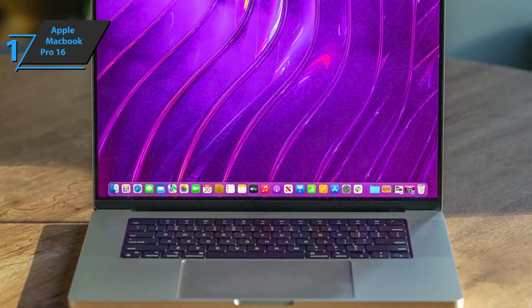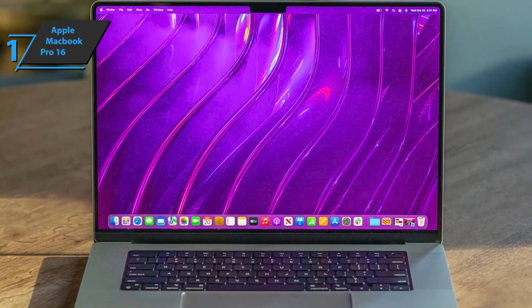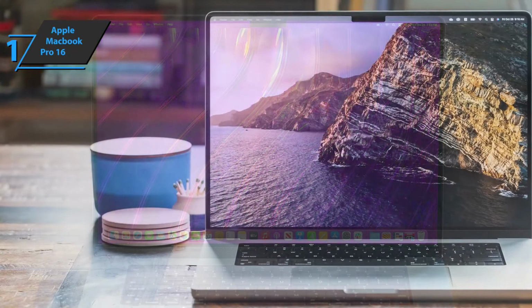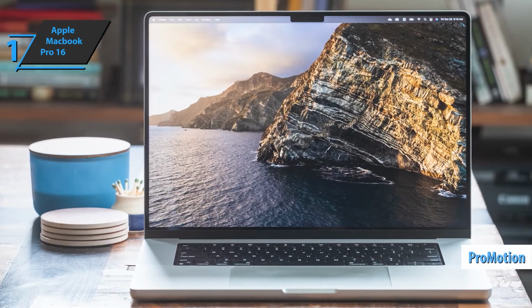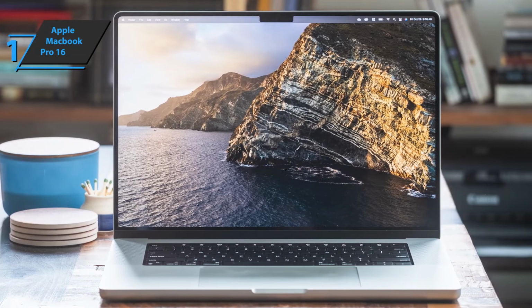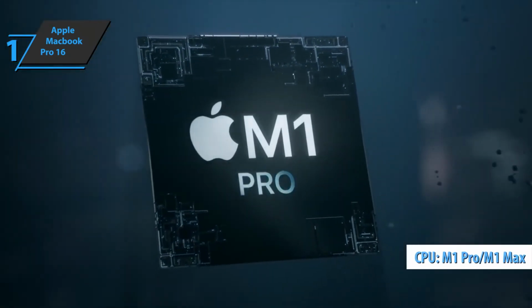Furthermore, this Mac's new sound system is the best audio system Apple has ever designed for a computer, iPhone, or iPad. The microphones have also been improved in this generation. Improving signal noise reduction is an improvement to this generation. We also have ProMotion on the screen, using an adaptive refresh rate that goes from 10 Hz to 120 Hz. We must not forget the Apple M1 Pro or M1 Max chip, which will give you a really huge jump